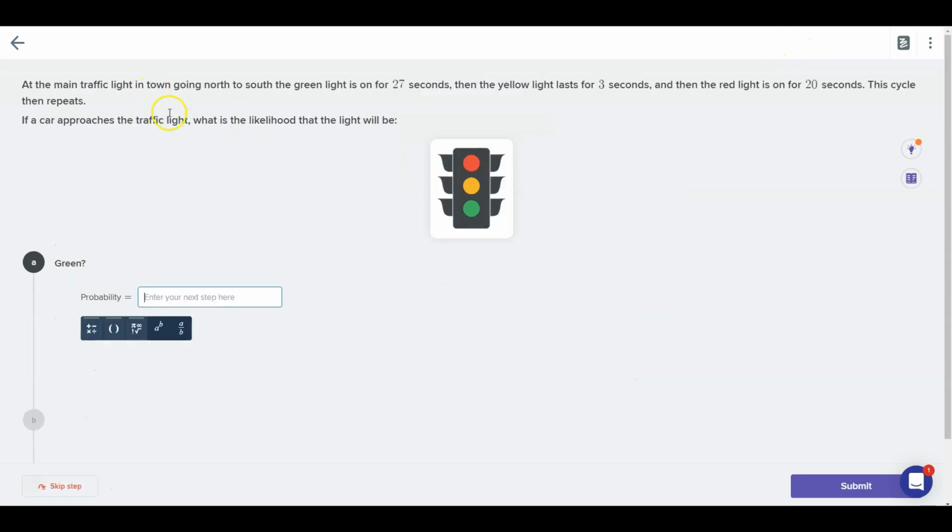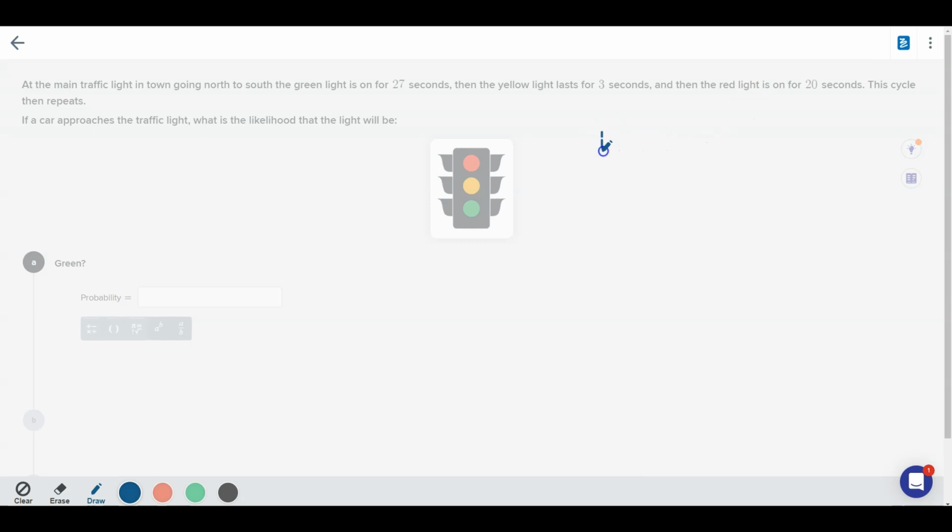Moving on. The traffic light in a town going north to south, the green light is on for 27 seconds, then the yellow light lasts for 3 seconds, and then the red light for another 20 seconds. This cycle then repeats. If a car approaches a traffic light, what is the likelihood that the light will be green? Okay, so in any moment of time, how often is the light green? So again, if I have a look, my total is going to be 27 seconds for green, 3 seconds for yellow, and 20 seconds for